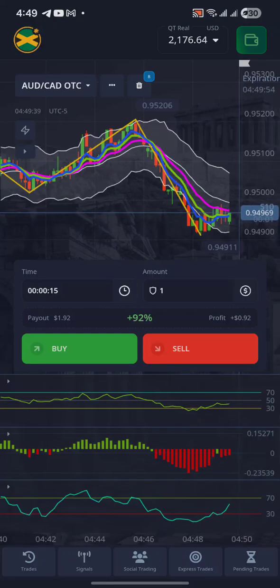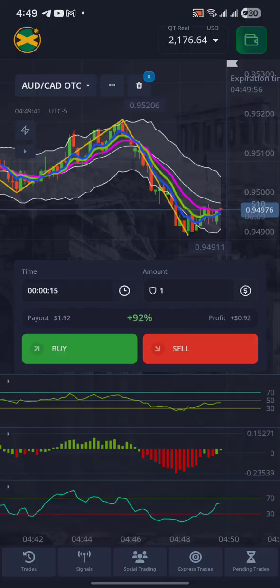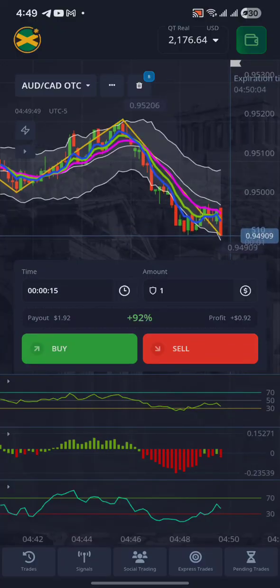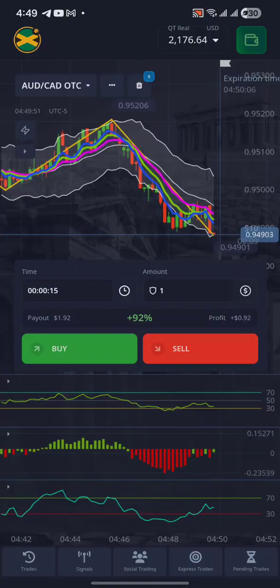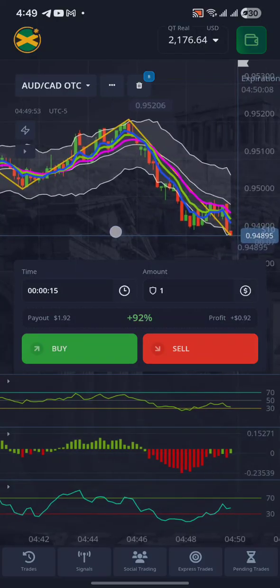RSI, we wait for it to go up, and we wait for momentum to start pushing up. The RSI cross, the EMA cross going back up. We're not getting none of that. This looks like it'll go form for 10 minutes. We get a no wick. But